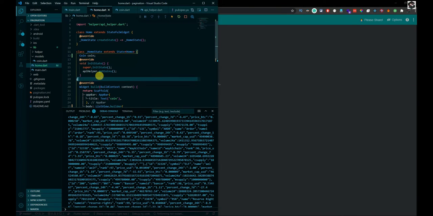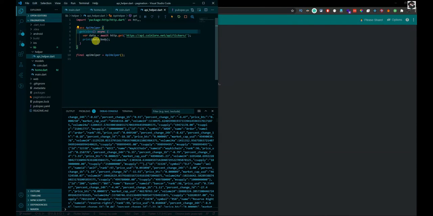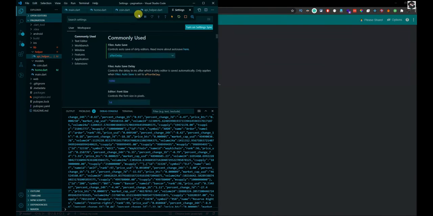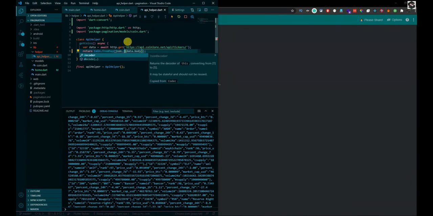Now that we have a Dart object, I will pull the data from the API in our static widget. It's just simple logic, you can do it by yourself as well. I will map the JSON into our Dart object using JSON decode and send it to our stateful widget.